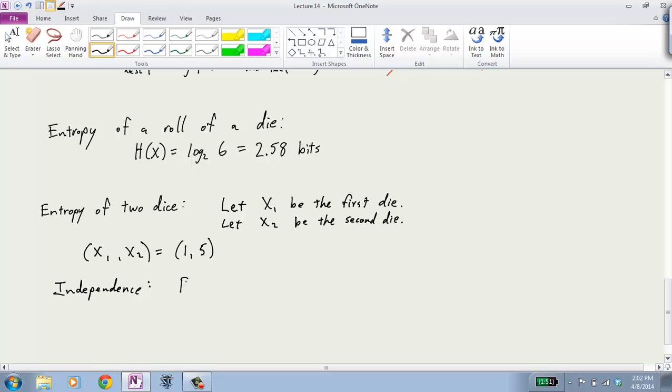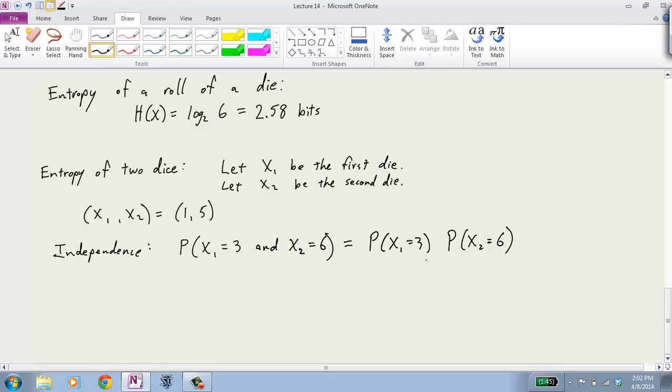Whenever you have 2 independent things, you could say the probability of x1 equaling something or being in some set, let's say x1 equals 3, and the other one, x2 equaling something, let's say 6, for example, is just the product of the 2 probabilities. x1 equals 3 times the probability that x2 equals 6. Okay, and this is, in general, so